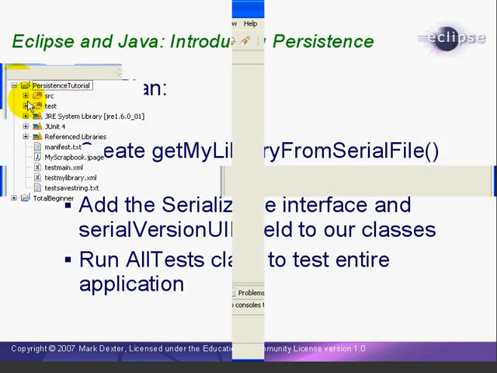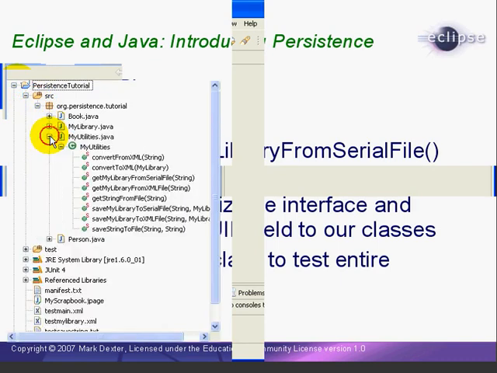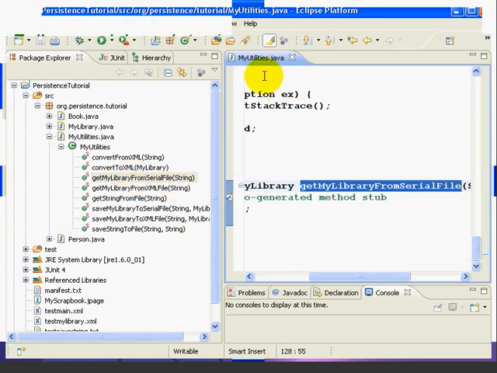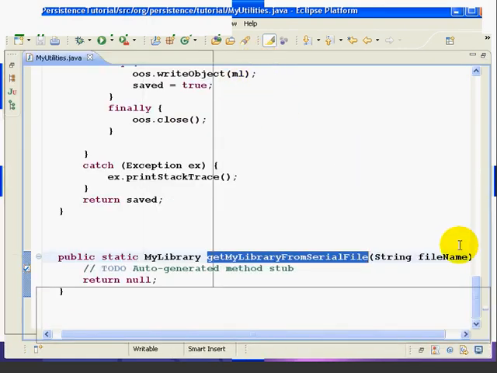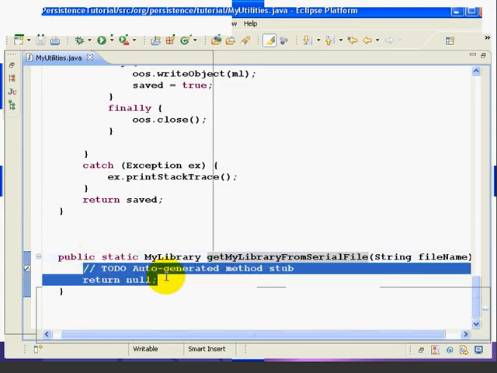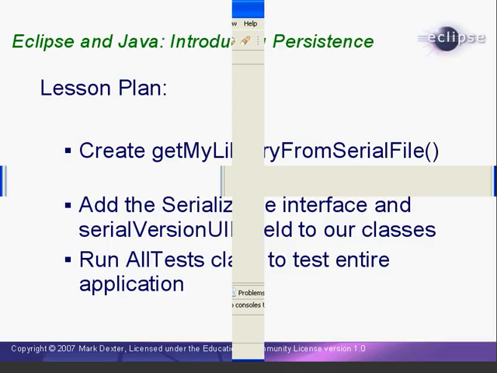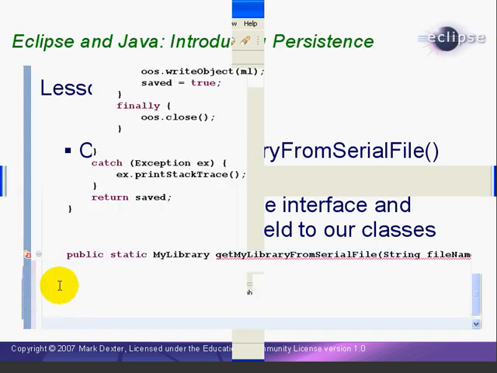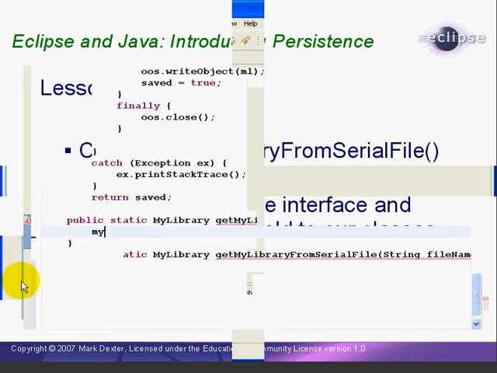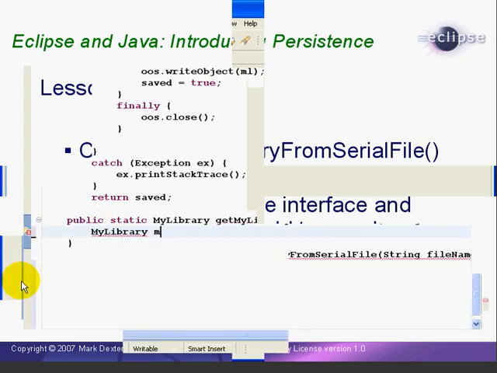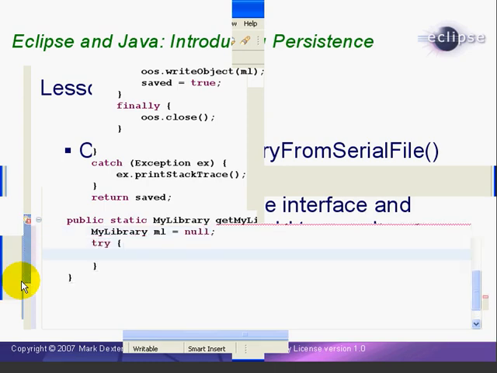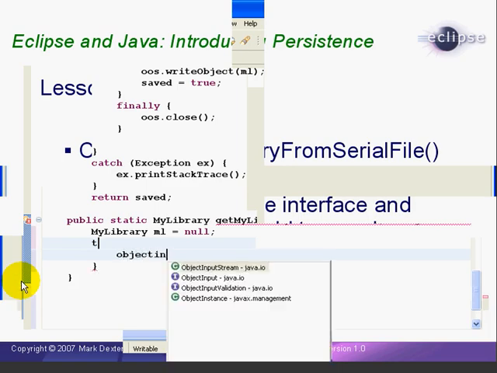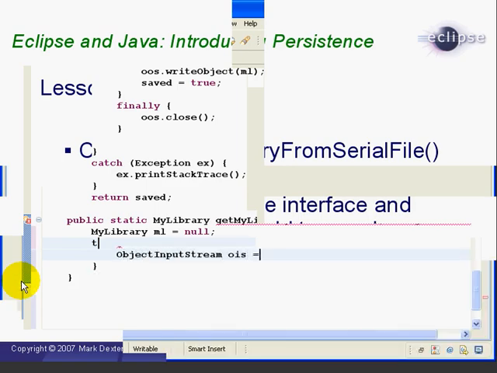We'll open the MyUtilities class for editing and go to the getMyLibrary from serial file method, maximize. We'll delete the auto-generated code. Next, we'll add the new method as follows. Give ourselves a little bit of space at the bottom here. So in the first line, we create our return variable, myLibraryML, and set it to null. Then we open the outer try block, and this is the tricky nested part where we create a new object